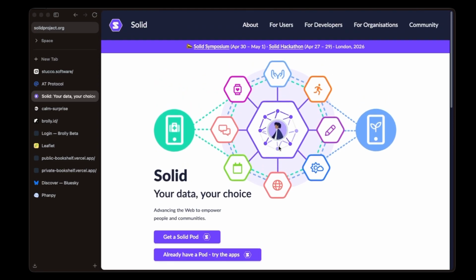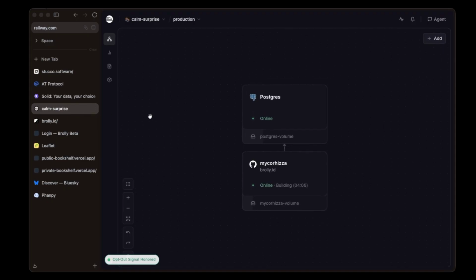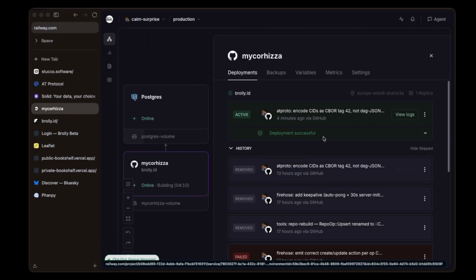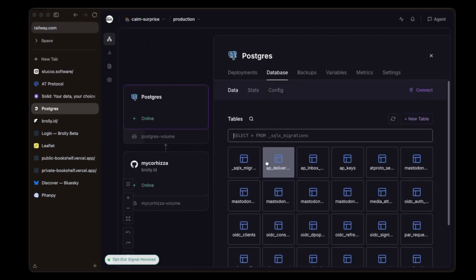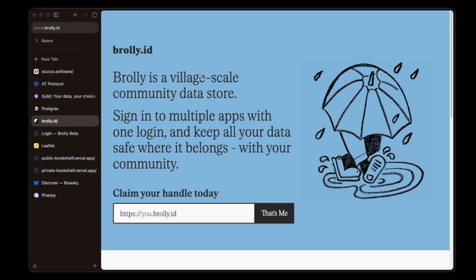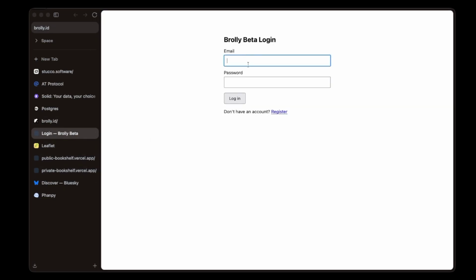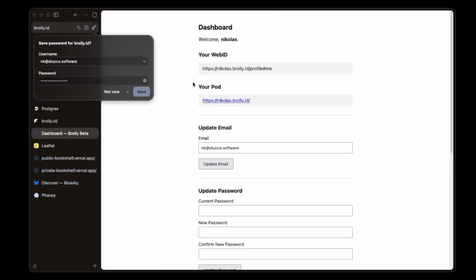And so what I see in my mind's eye is a single container image with a persistent volume, and you just turn that on, and now you have a server running at yourplace.com. Then you can go to that yourplace.com and register your account and create your ID, and that gives you a username and a password and a URL, which is Nikolas.yourplace.com or whatever like that.